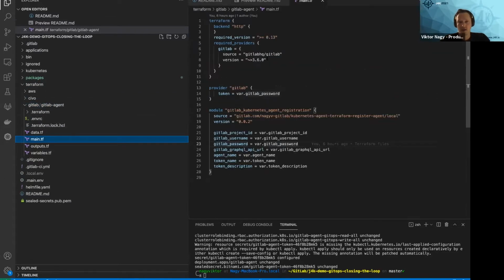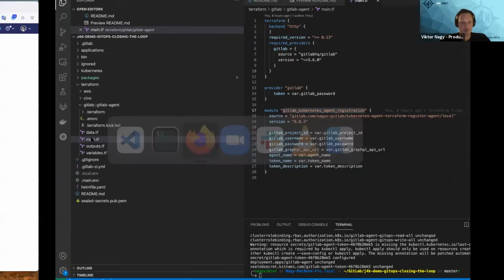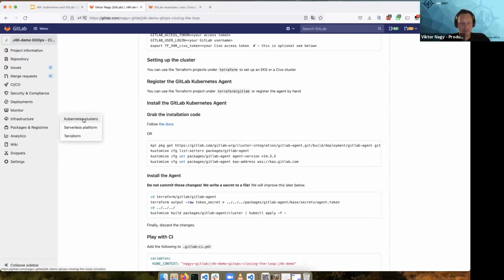This is the main thing. I just use the GitLab Terraform provider because I will need it for some details. And otherwise, I created a module that you feel free to use or check it out that will register the agent. You can run the same registration through the UI as well, if you prefer that, but let's try to